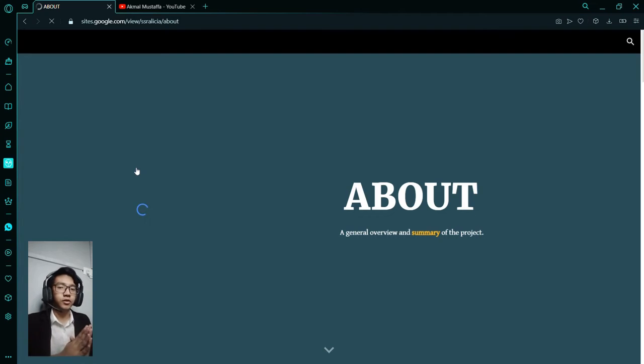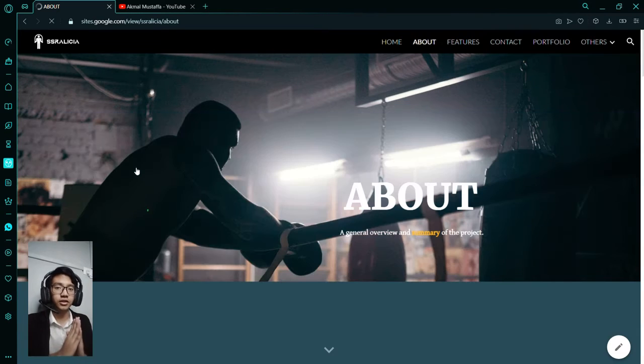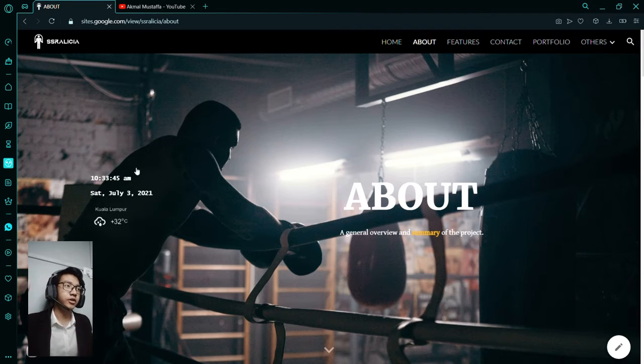For the about menu, the thing we need to know is that the designing of the header and footer is basically the same for all of the menus. So I'm just going to explain this first. For the header we have the background image, and then the title, the subtitle, and at the left here we have a real-time clock, a real-time date and day,